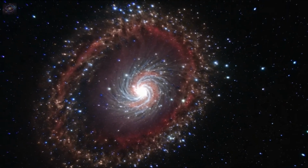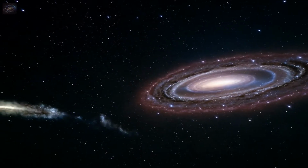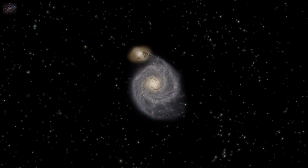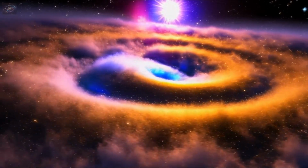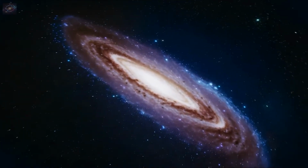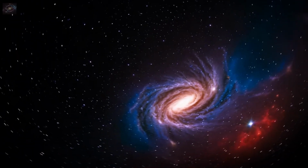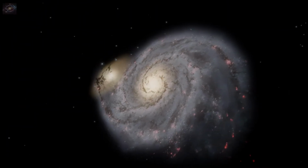The role of the black hole extends beyond its immediate vicinity. Its energy outbursts send shockwaves through the interstellar medium, heating gas clouds and disrupting their collapse into stars. This dual role of creation and destruction makes the nucleus of the Whirlpool entity a focal point for understanding the delicate balance of forces that governs galaxy evolution. By observing this system, scientists are piecing together how black holes influence not only their host galaxies but also the